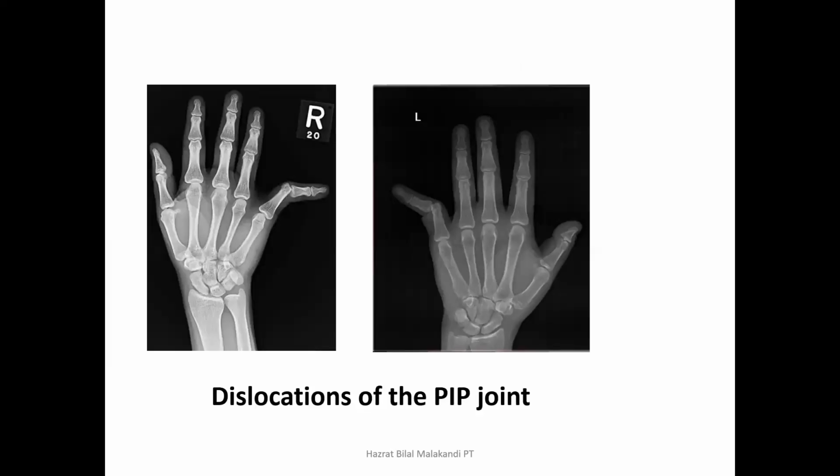We can see here these are the dislocations, the dorsal dislocation, and at this side there is the volar plate. So obviously if there is such a severe dislocation at this joint, at the PIP, then the volar plate there will be disrupted, and then we have to flex it so that this disruption